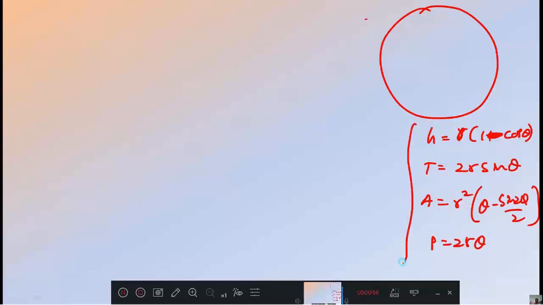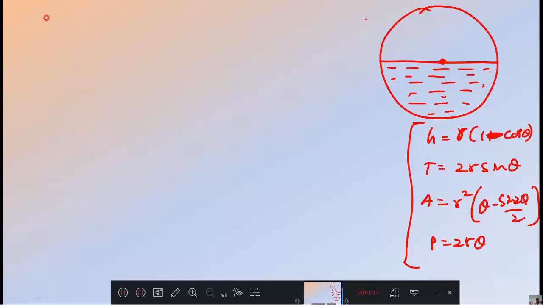These are all values you know, formulas you know, but in this problem these are all not required. Why it is not required, I am going to tell you. Because the water is flowing half full, it is very easy to calculate, because we know this geometry, we are very familiar with this geometry.